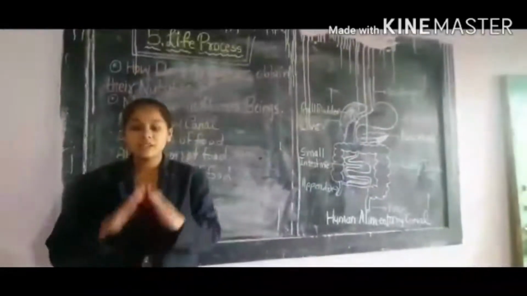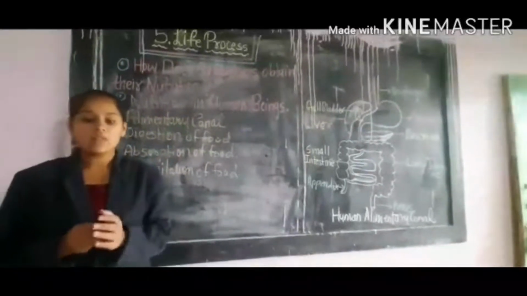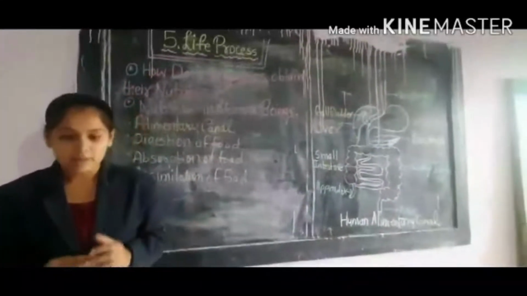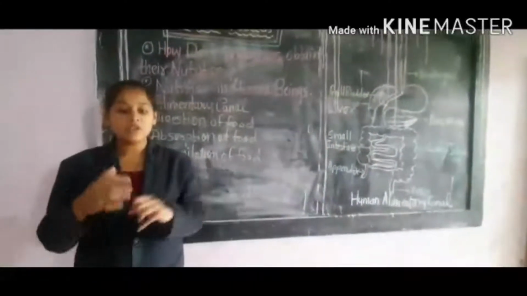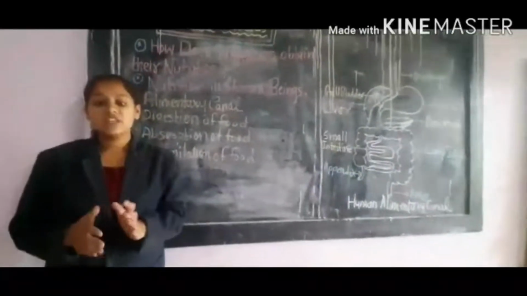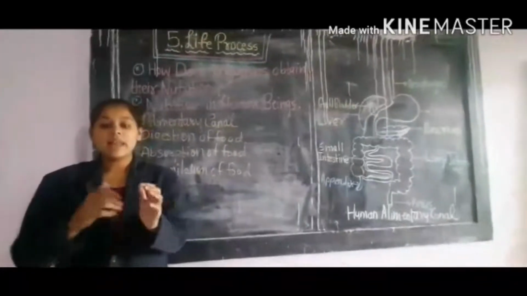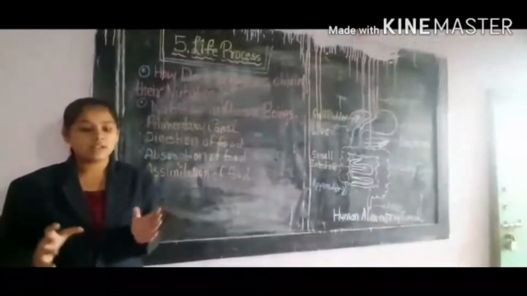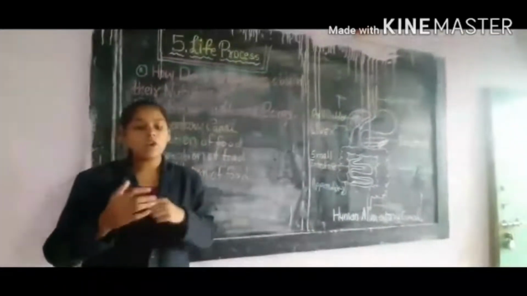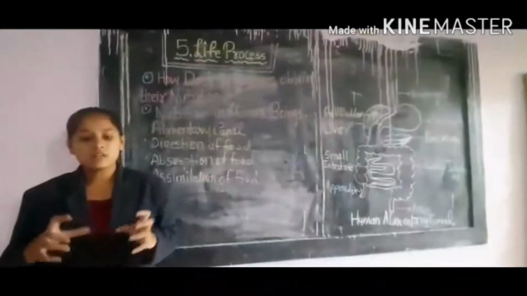Now we will take the third part, absorption of food. Absorption is the process by which the products of digestion are taken into the bloodstream. Most of the absorption of food material takes place in the small intestine. The absorption surface is greatly increased by the presence of millions of finger-like projections called villi. Each villus is covered by epithelium and contains blood vessels and lymph vessels. The villi are bathed in the digested food products in the lumen of the intestine, and the food diffuses through the epithelium into the blood vessels. Glucose and amino acids